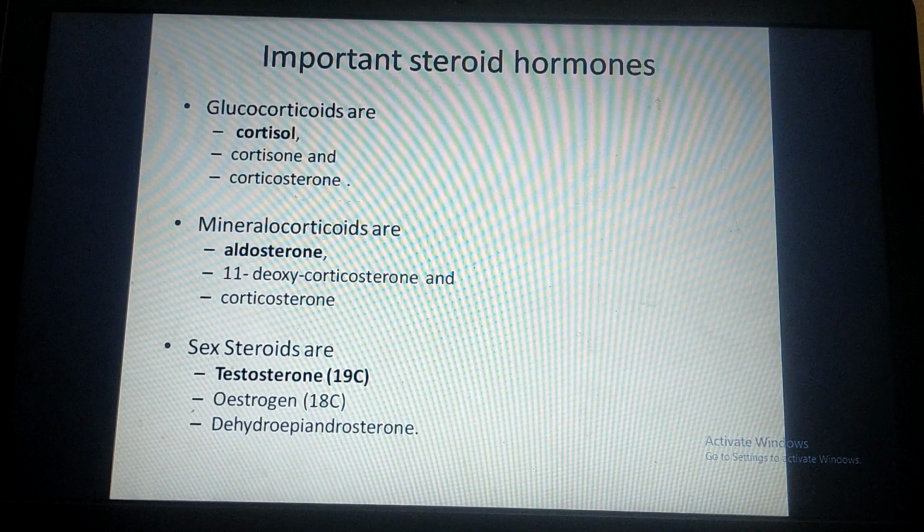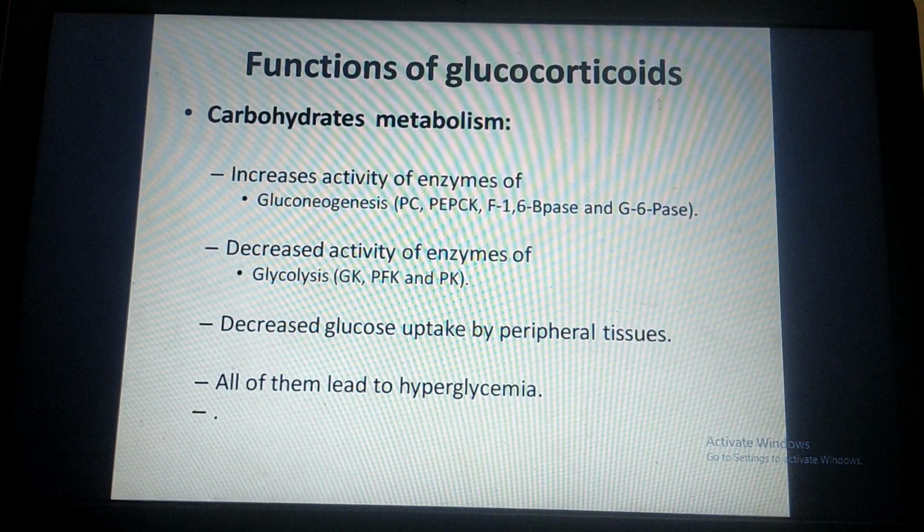Important steroid hormones are these glucocorticoid, mineralocorticoid, and sex steroids. Their examples are given here. Examples of glucocorticoids are cortisol, cortisone, and corticosterone. Important examples of mineralocorticoids are aldosterone, 11-deoxycorticosterone, and corticosterone. Important examples of sex steroids are testosterone, estrogen, and dehydroepiandrosterone. We will see the functions of each. First, we will see the functions of glucocorticoids